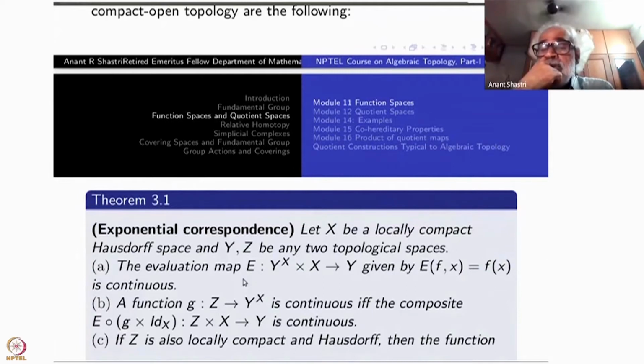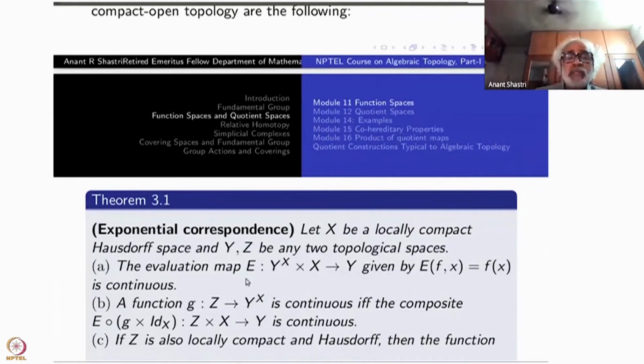In fact, this is continuous even if you take here the product topology. This will be nothing but the projection map to one of the factors. This x is an element of X, so it's the projection of this map. Since I have put a stronger topology here, automatically this will be also continuous. So this is the way you have to see, but you can directly prove that also. So evaluation map is continuous.